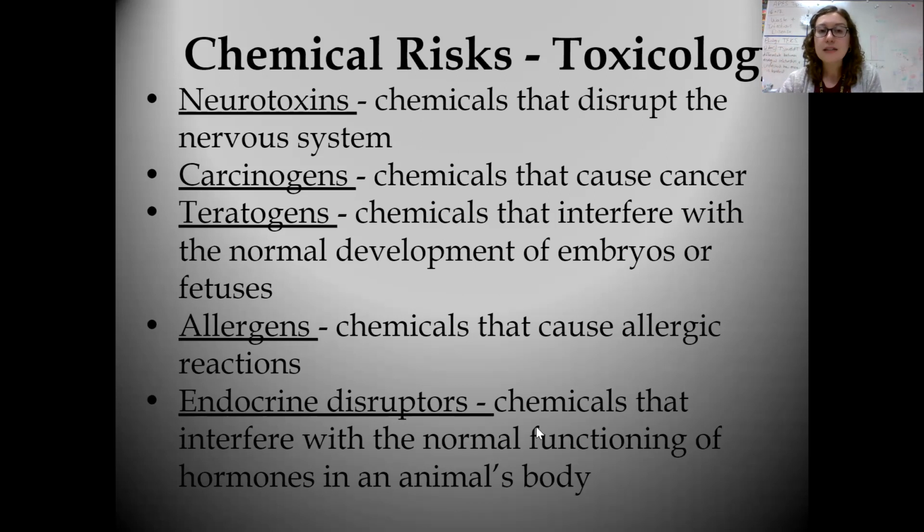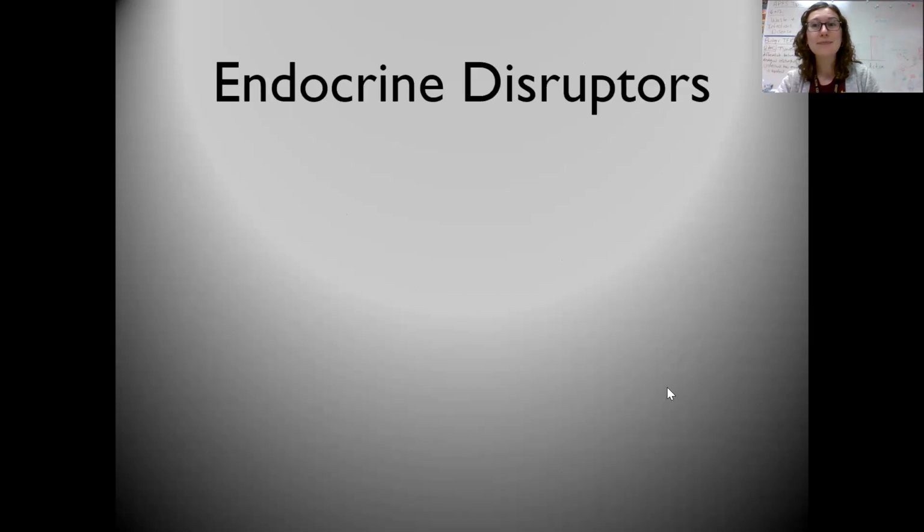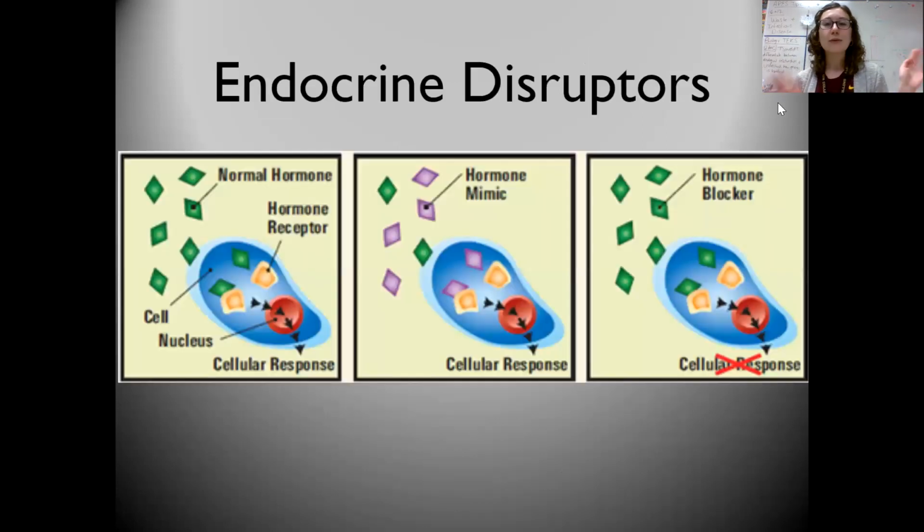But a lot of these, if we disrupt, if we either overstimulate or understimulate our hormonal receptors, we could have very drastic results for those individuals, since our endocrine system is our hormones, and those are our chemical messengers for the entire body. I found this little graphic, I thought it would be helpful. There are two main ways that endocrine disruptors can happen. Normally we've got a hormone, it's going to bind to the receptor and cause a response. I am hungry, I'm going to release ghrelin. Ghrelin activates my stomach receptors. My stomach is going to growl, telling me, hey, give me some food in here.